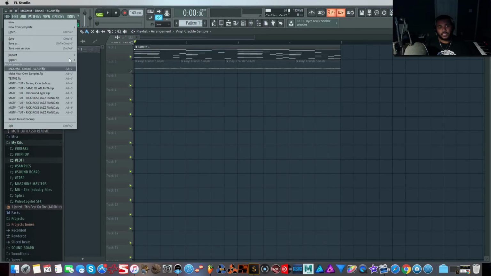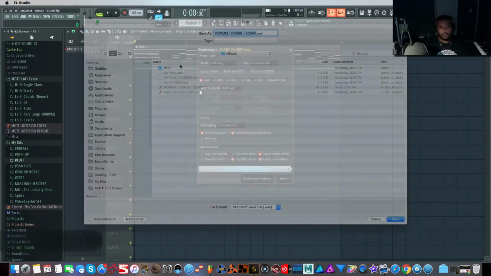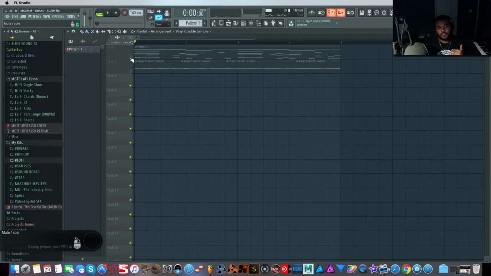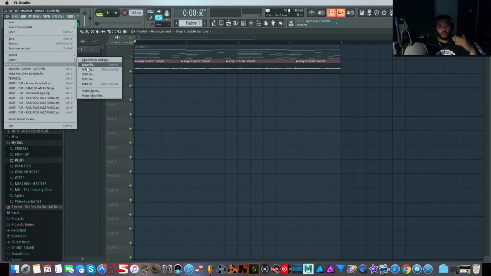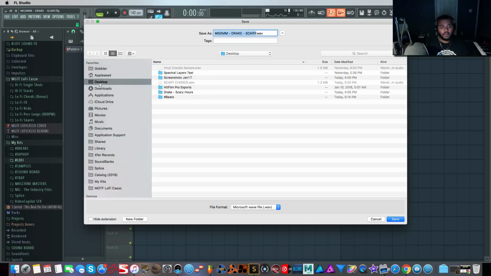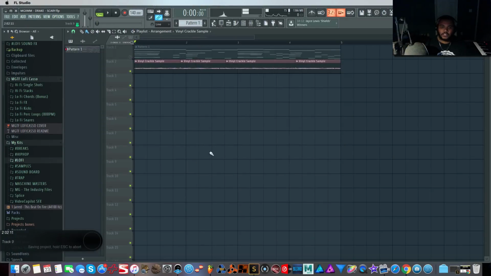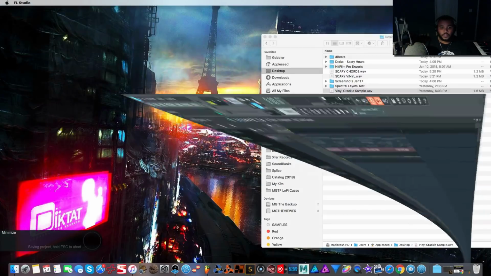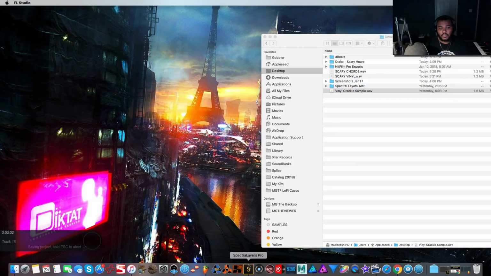Now what I want to do is export my chord or my progression. Now this has all my mastering effects in my chain, and it also has the vinyl emulation on top of a vinyl static sample. So it's going to move and wobble even more. So you can even create your own fake vinyl from like iZotope Vinyl and things like that. And the reason why I'm exporting these is because the hack I'm going to show you is